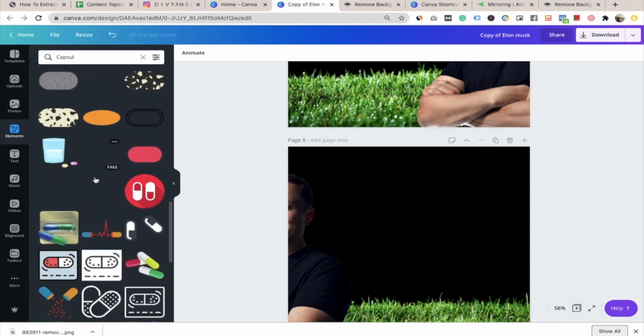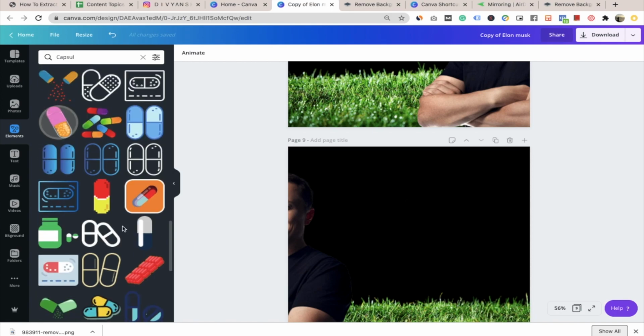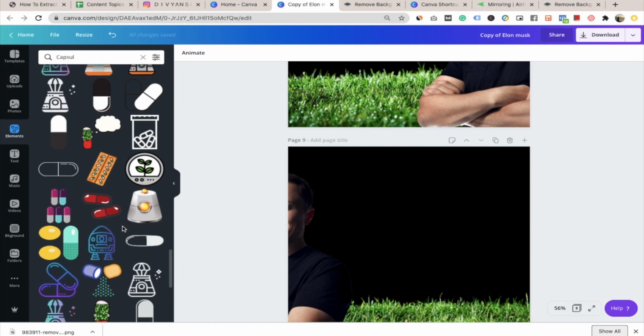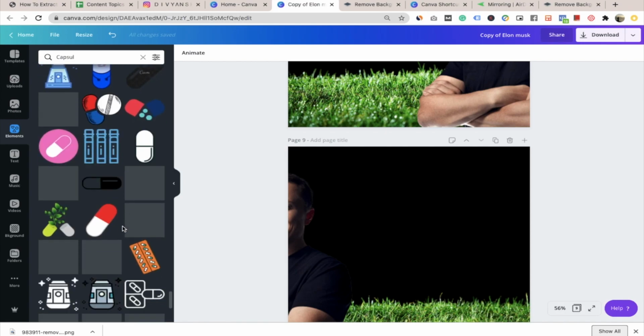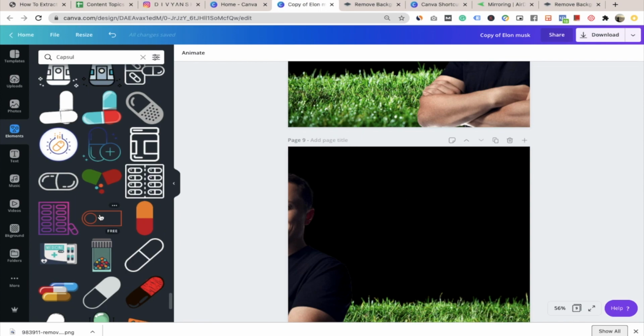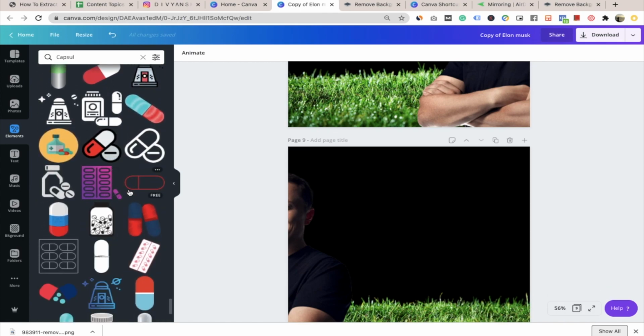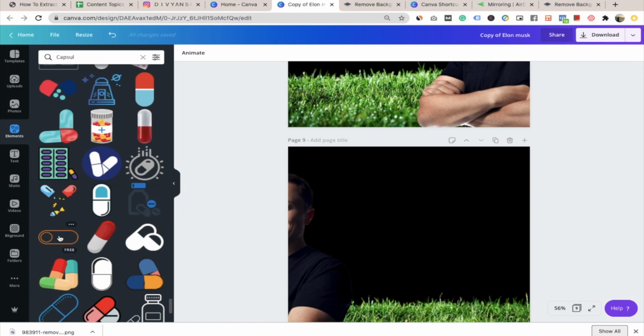Here you will see there are a lot of designs available over here. You can find any of the design that you find relevant. Okay, these are related to medicine. Just go through here. Okay, there you can see here it is. Okay, this is not exactly the one, but you can find different variants here. Here is another one. So consider, okay, this is the one that I have used. It's available for free. So just go here. I want to change, just adjust it wherever you want to adjust. Okay, and just put it here.